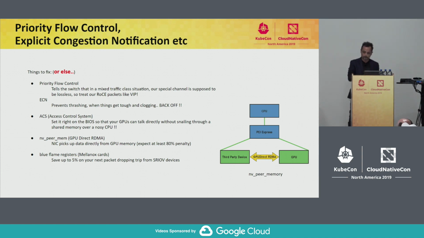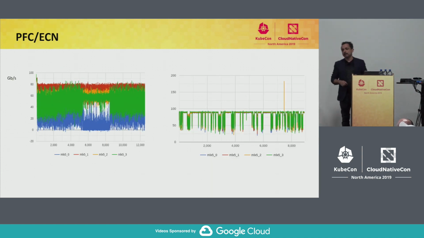We keep going. You probably don't believe me, and these are the graphs that we measured. We didn't do PFC and ECN. The one on the left shows 4 interface cards, the red, orange, green, and blue, operating over some period of time, which is the x-axis, and the y-axis is gigabits per second, and the max you could have gotten is 100 gigs per second. That's the card throughput. And you would see that you don't get things right. One of the cards is just working at 20 gigabits per second. We just enabled that, and you see the graph on the right, nearly everyone is working together like brothers should, and you get above 90%.